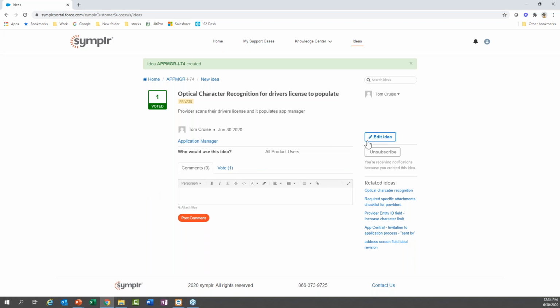If I want to, I can edit my idea. I can unsubscribe from it. So if I didn't want to get updates on the upvoting, or get notified when people are commenting on it, I can unsubscribe from it so that I'm not receiving those notifications. And then also we do have related items that have to do with what's going on within our knowledge